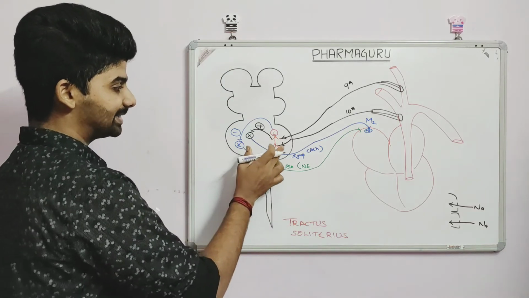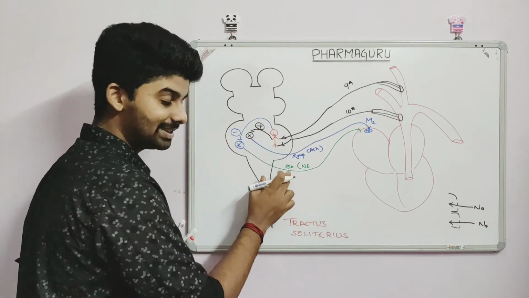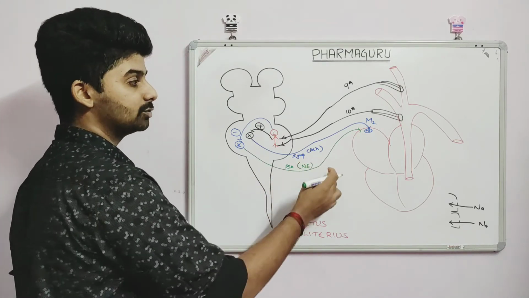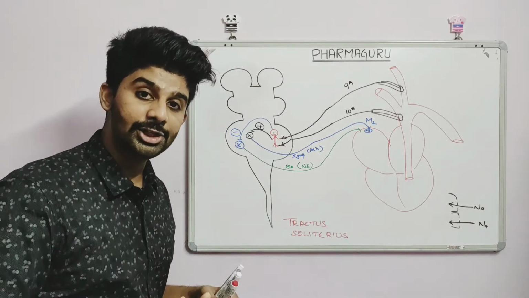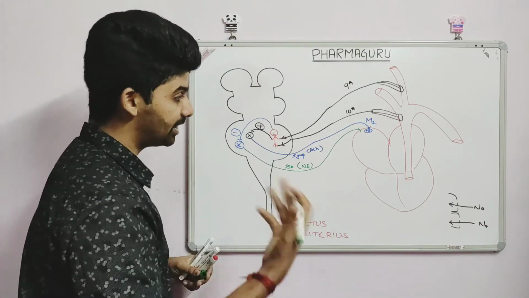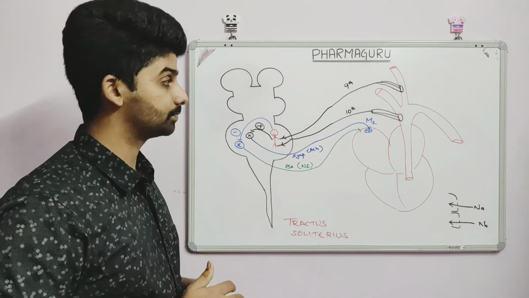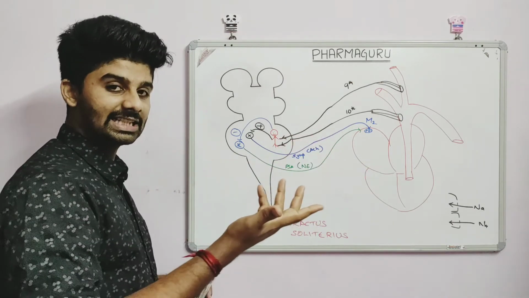So when the tractus solitarius inhibits this cardiac acceleratory center, the parasympathetic activity will be stopped and norepinephrine will not be released, so there will not be activation of heart rate, which will further reduce the heart rate, and further reduction of the heart rate will induce reduced blood pressure. This happens whenever there is an increased blood pressure.